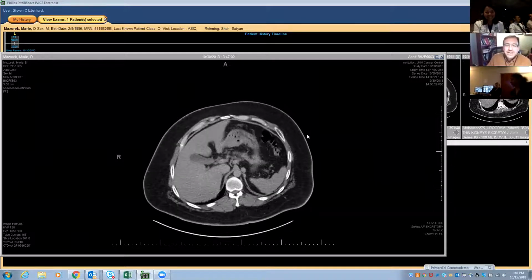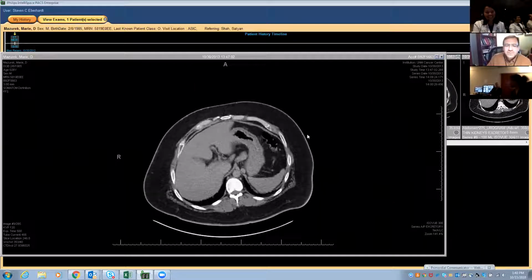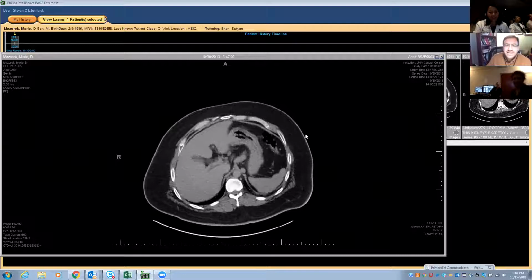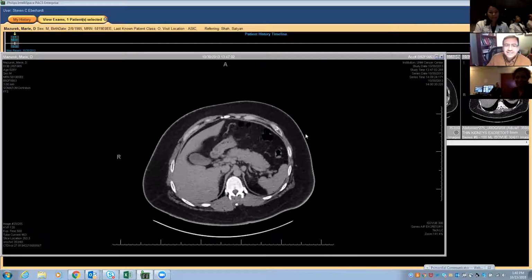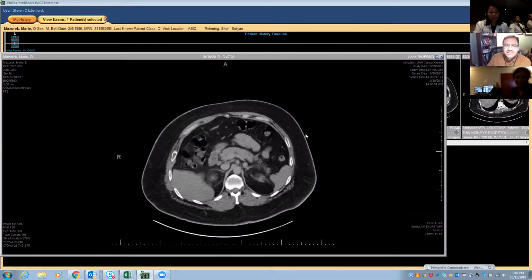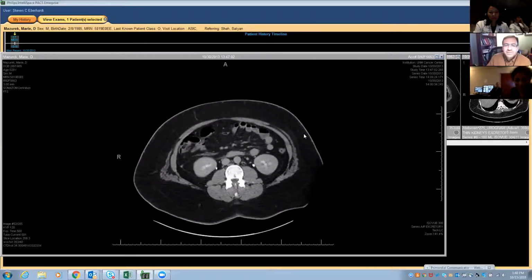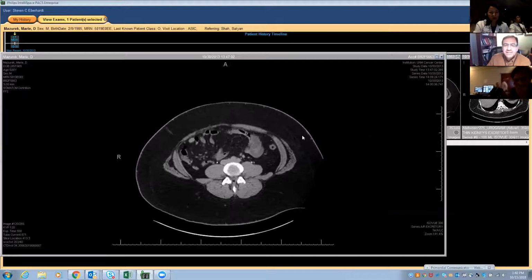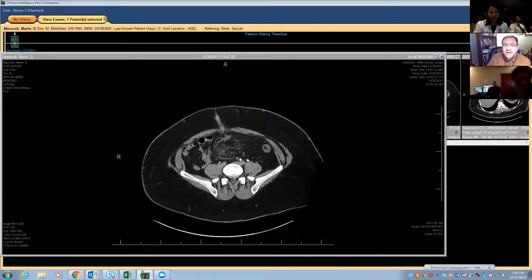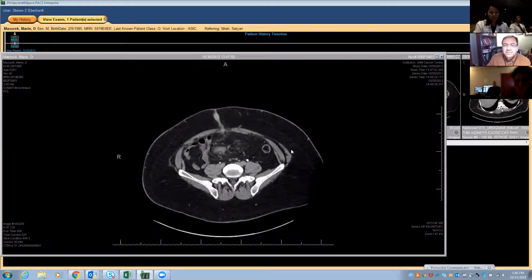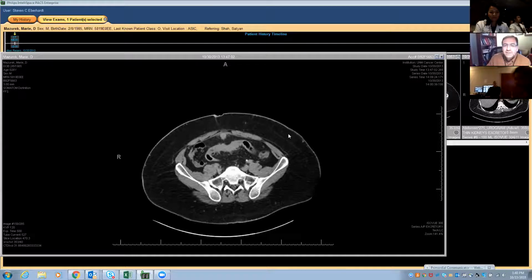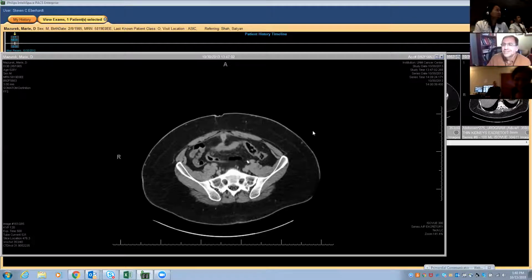Anyway, hematuria. There was nothing in the upper tracts. We're starting to see something here. We've all seen cases like this before. This one's a little bit different because this is a key image or two right there. And then if you follow that, you end up in the bladder.